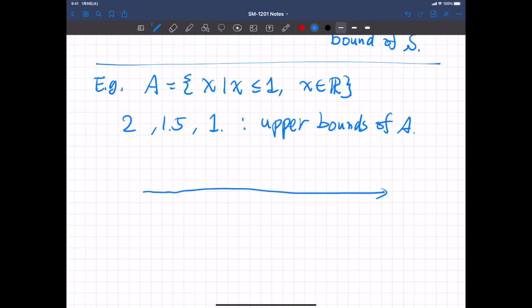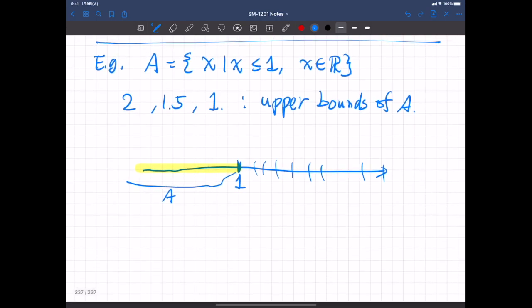So this set A, let's say this point is 1. This set A is defined as all real numbers that are less than or equal to 1. So this is A. So any numbers here are upper bounds of A. Okay, and next example,